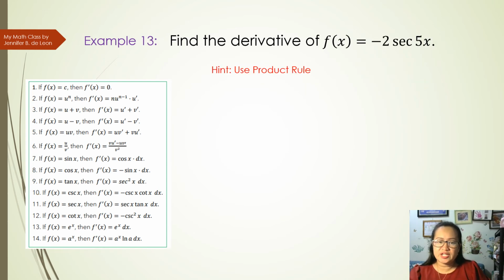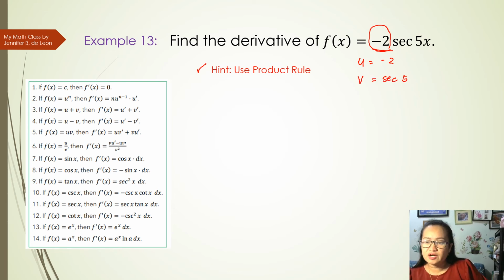Okay, let's proceed to example number 13. This time we have the secant function, and then we have negative 2 here. So for your hints, we will use the product rule since there are two factors here, negative 2 and secant 5x. So let's have u equal to negative 2 and then v equal to secant 5x. And then u prime is 0 while v prime is equal to, looking at the derivative of a secant function, we will have this form. So we have secant 5x, then tangent 5x, and then dx is 5. So simplifying v prime, we will have 5